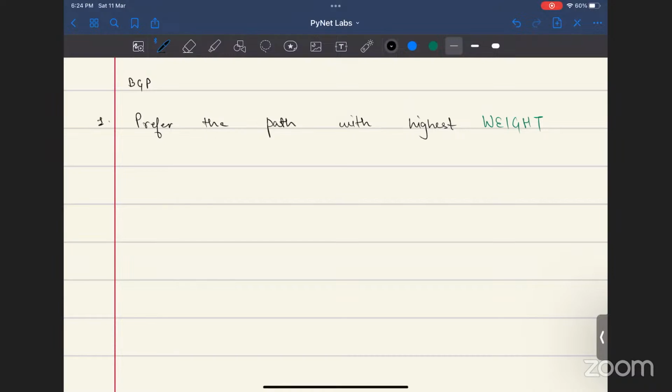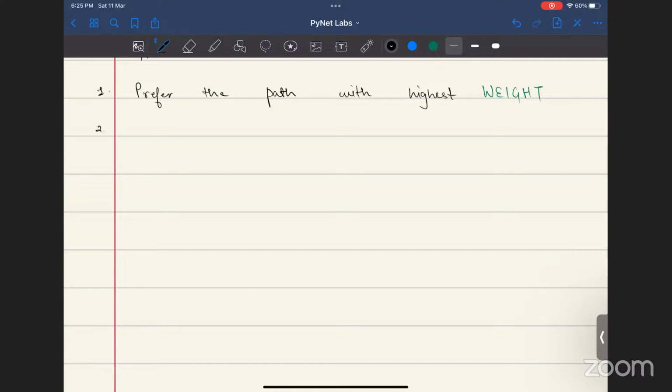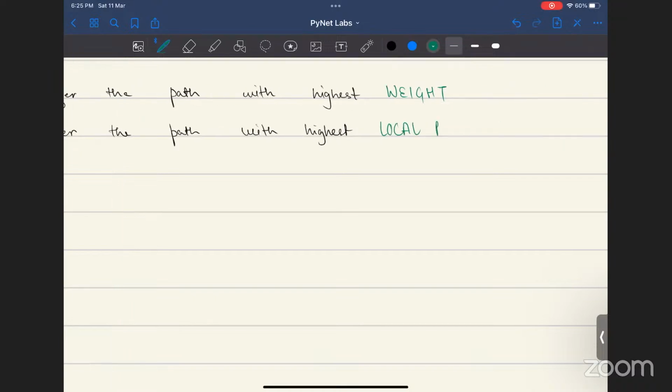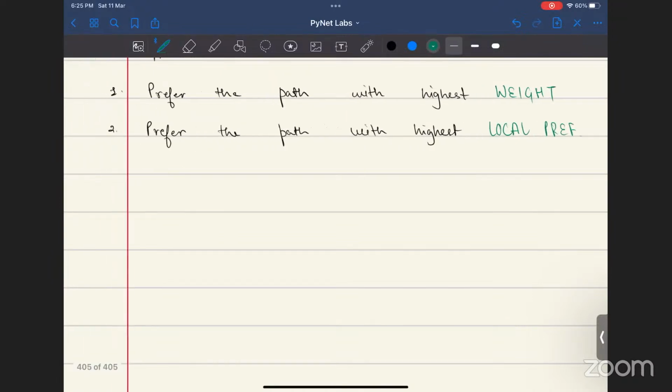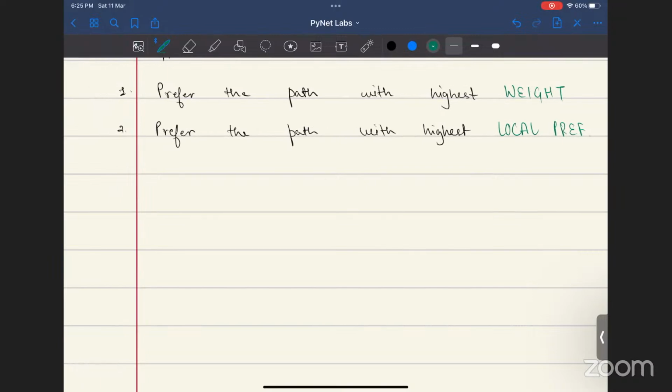If the weight comes out to be the same, then next it will look into local preference. So it will prefer the path with the highest local preference. Now, a good thing to know is that local preference by default for all the paths is going to be 100. You can change that value in order to make metric manipulations. Then if the local preference also is the same, then we will prefer the path